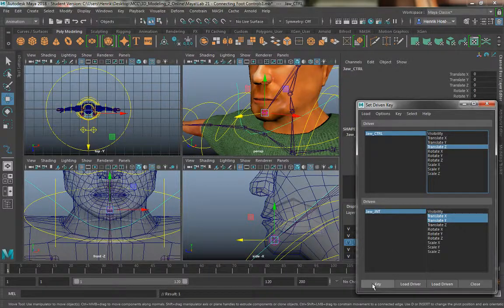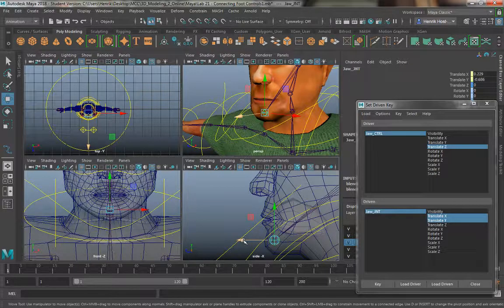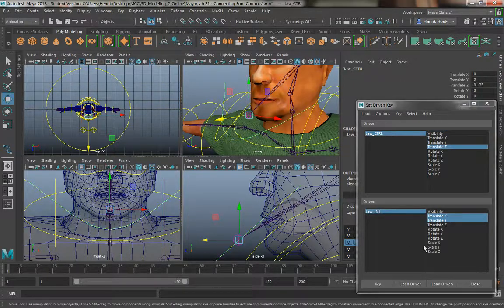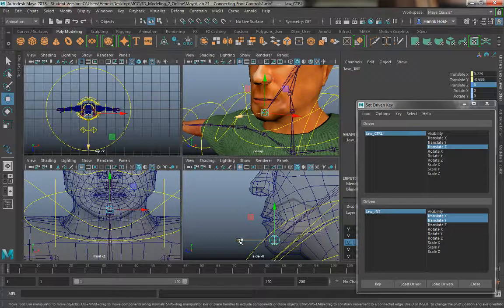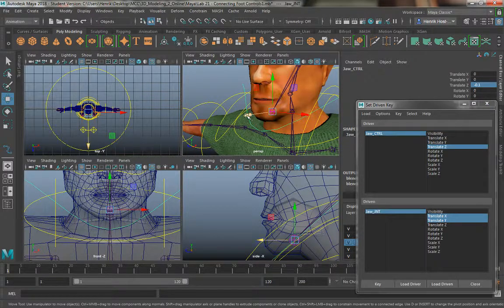I'm going to press key, and now I'm going to bring this forward about to here, and then I'll bring this forward here and press key. I'll zero this now, and then I'll bring it back negative 0.1, and then I'll bring this one back, and I'm going to press key, and that's it, we're done. Okay,